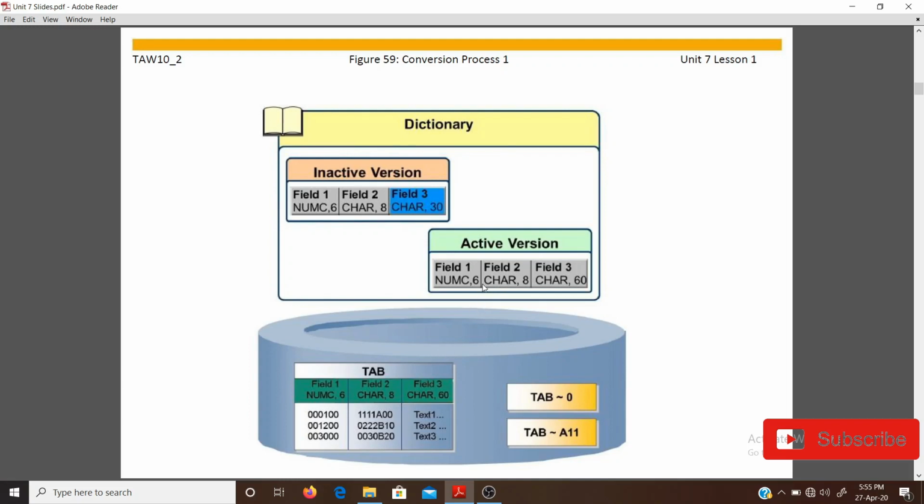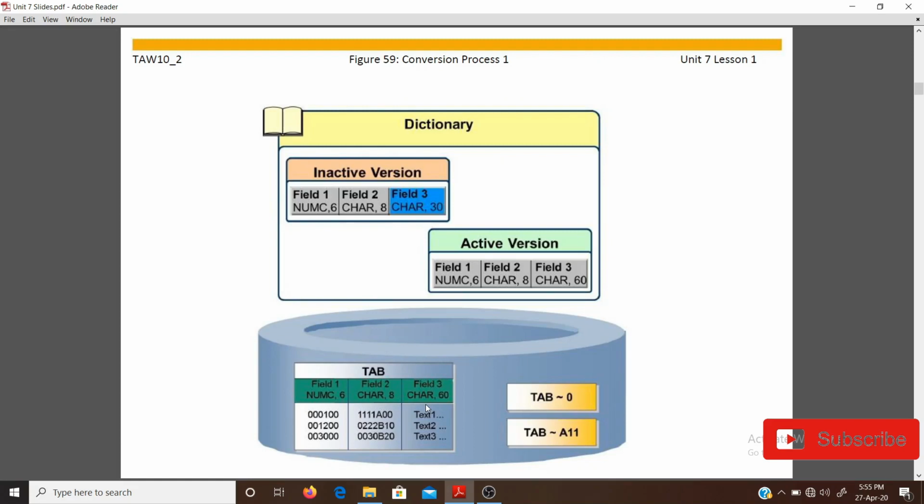Now one thing that I want to tell you here: when you activate any transparent table, the reflection directly goes to the database tables. As I have already discussed, transparent tables are permanent in nature and internal tables are not permanent in nature. So this transparent table reflection will go directly to the database. When the reflection goes,